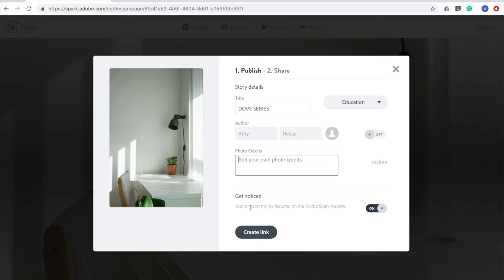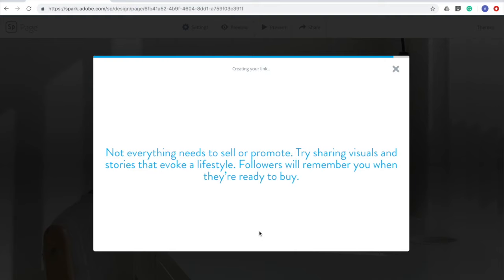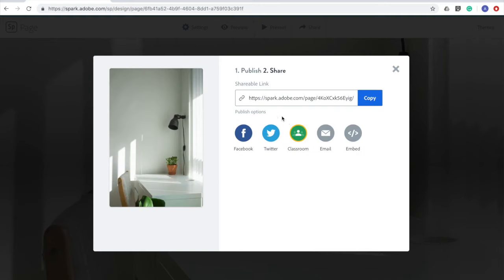And then you can also allow Adobe Spark to use it if they like your project. So I've got that on because I think it'll get more traction online, but that's a level of privacy that you can choose to have or not. When you're happy with all of these settings, then you can create your link. It will load, and then you have a shareable link here. So you can copy this and share it with someone, or you can share it automatically to Facebook, Twitter, Google Classroom, email, or you can embed it into another